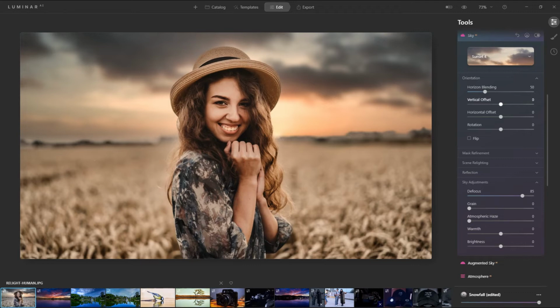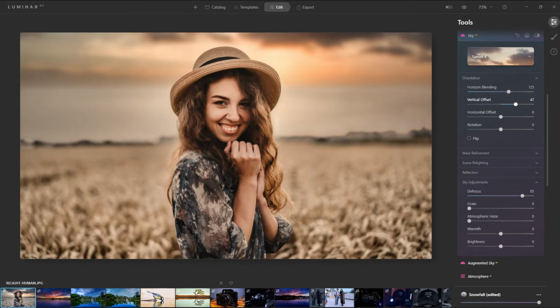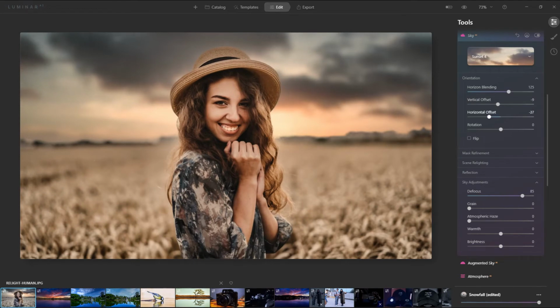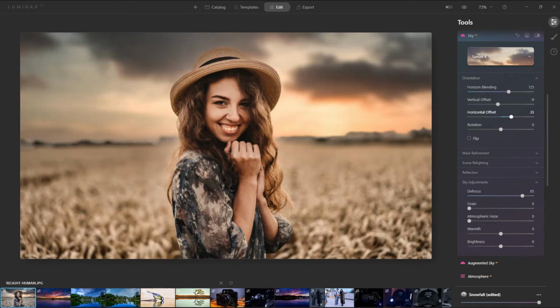The other thing I wanted to mention here, they've added some new things to orientation. Now, there was horizontal blending before. Now they've added these three new options where you can vertically offset, so you can offset up and down, and also offset left to right.